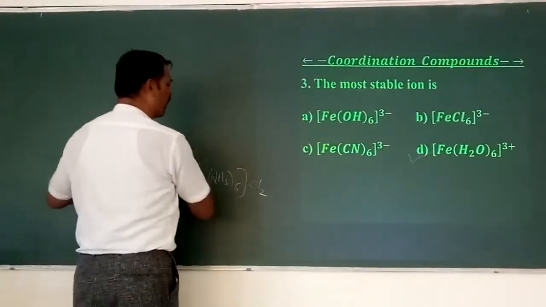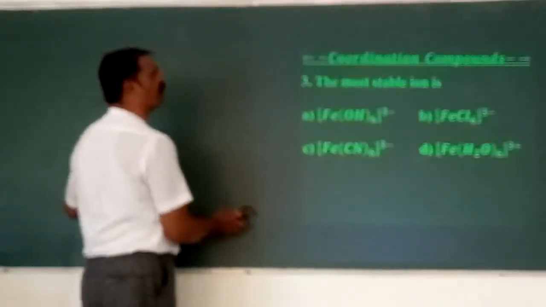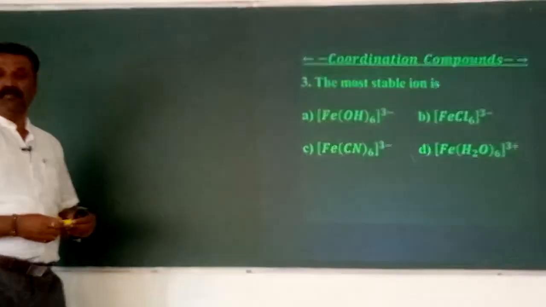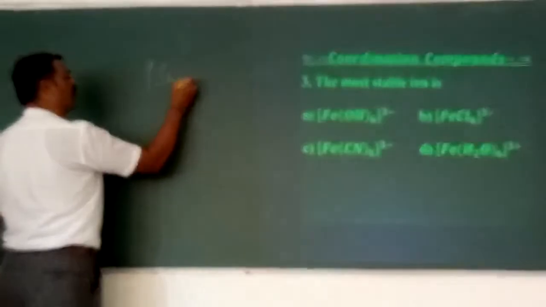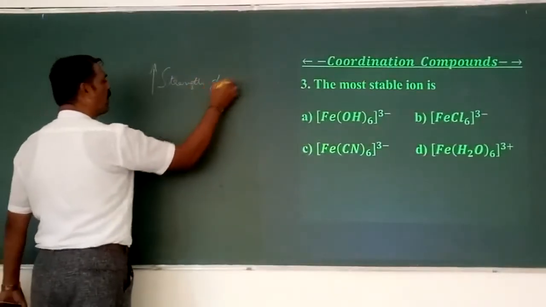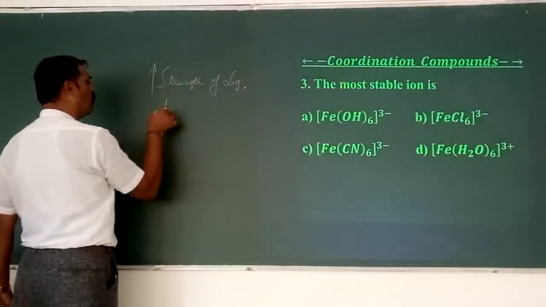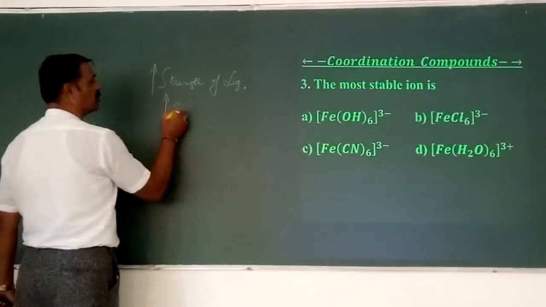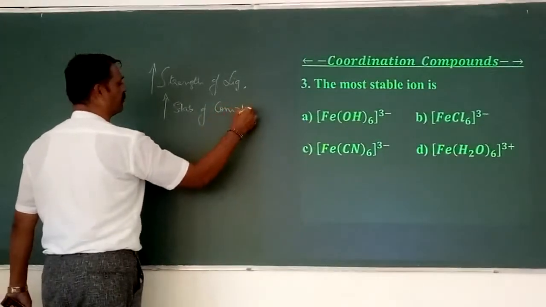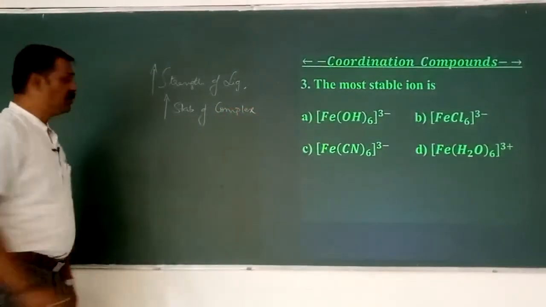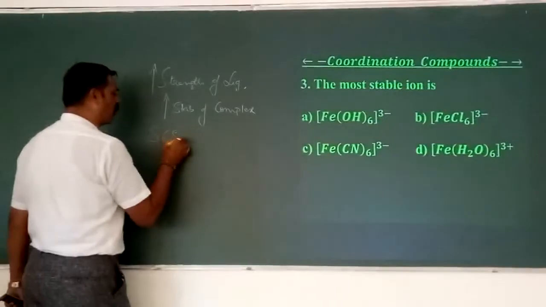The most stable, which one? Ion is found to be the most stable complex. The more the strength of the ligand, the more is the stability of the given complex. So this is what we are observing according to